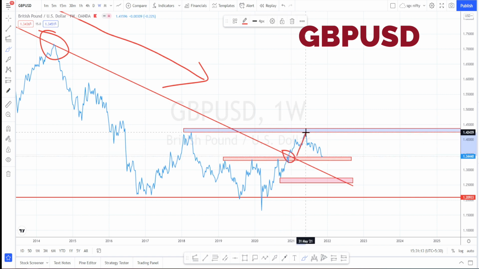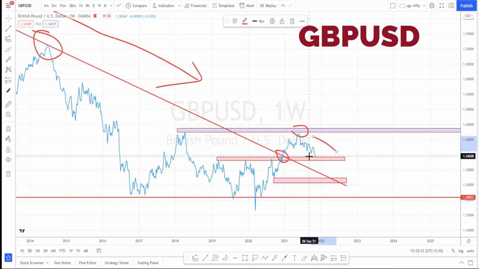It has gone up and found resistance on the previous resistance point, and now it is in a very nice downtrend. It is testing the first support level, which is around 1.34. This was a previous resistance. Now it is acting as a present support. If it manages to break this support level, we can expect a further fall and test this next level of support. At this point, we have the dynamic support also running over here.